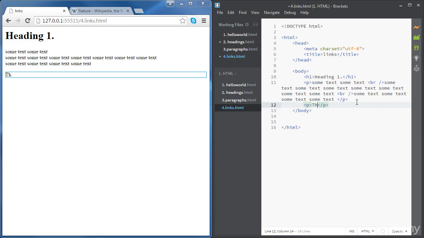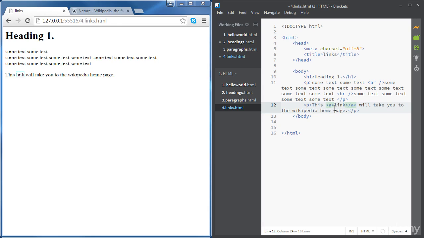So this link will take you to the Wikipedia homepage, for example. So what we're going to do, we're going to place the link word inside A tags. Okay, so now we've got a link there, but we need to add some attributes to the link. So let's give it an href, and